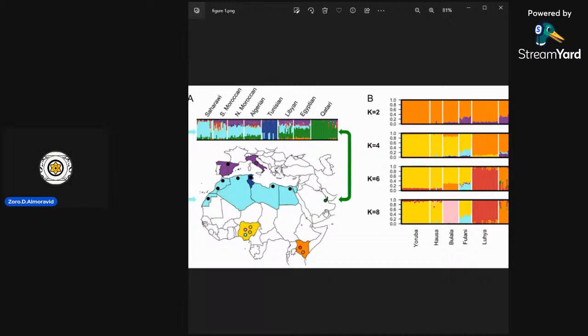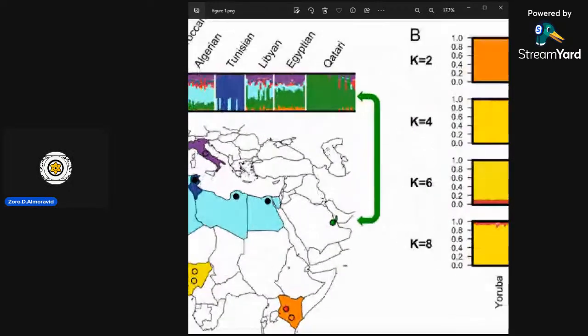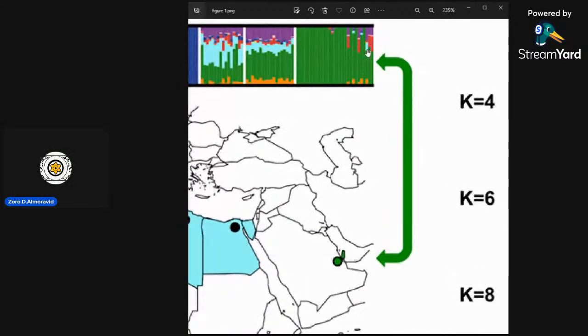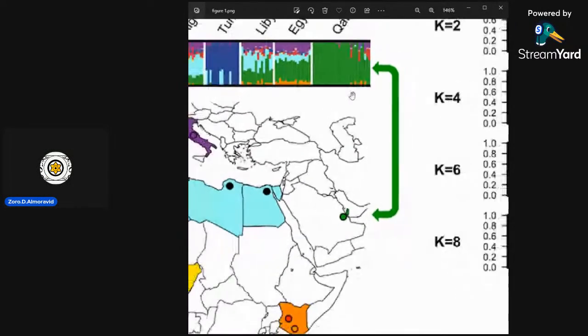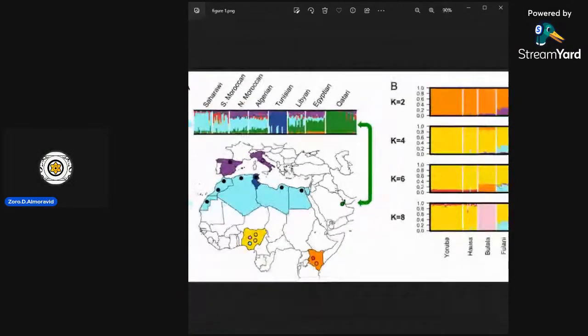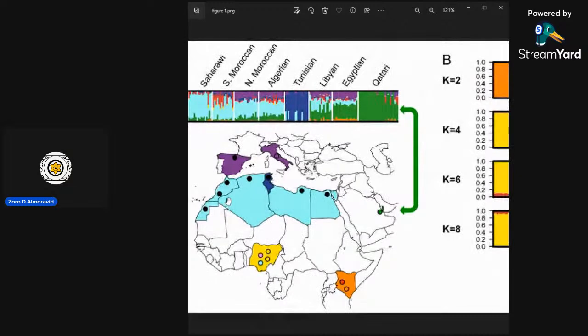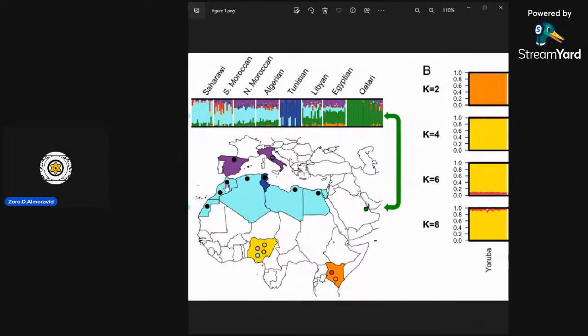So if you went to Saudi Arabia, you're not going to call people Amazigh just because they have a small Berber component here, just a minuscule one. Doesn't mean you're going to call them Amazigh. The same goes here. People here have a Middle Eastern component. Doesn't mean you're going to call them Arabs or Middle Easterners. But it's more complicated than that.